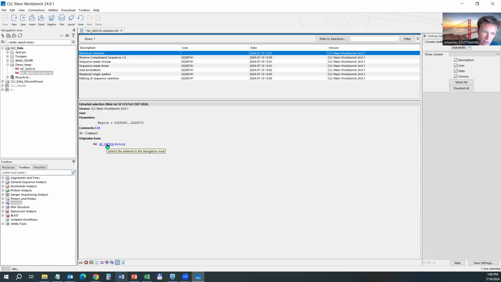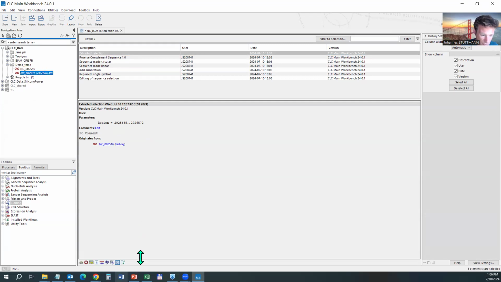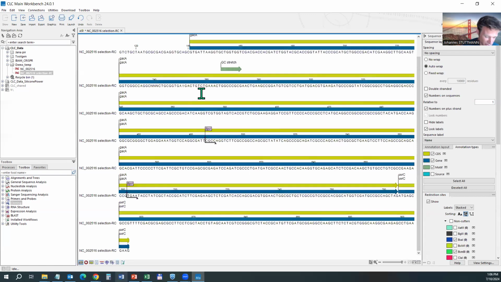So this selection actually originated from this whole genome assembly, which I downloaded in the first place, which in this case is still there. So I can click on it and it will open up. And this is actually very nice to keep track of what you did, and especially important if things are not as they are supposed to be. I press Control Z or undo. So it would be edit undo to come back to the three,